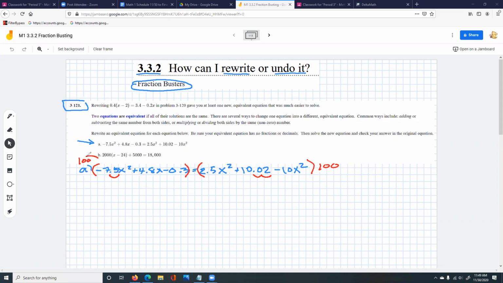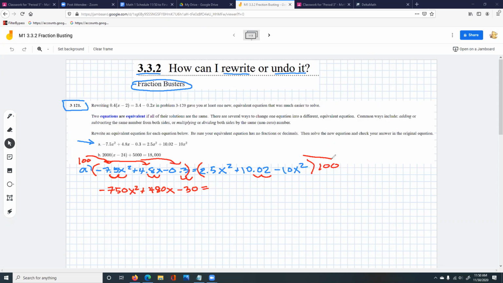If I take 100 and multiply it by negative 7.5, it's going to go 2 places over. So it'll be negative 750x squared. Then I take the 100 and multiply by the 4.8, so it goes 2 places. That'll be plus 480x. And then 100 times the 0.3, it's going to go 2 places. So that'll be minus 30,